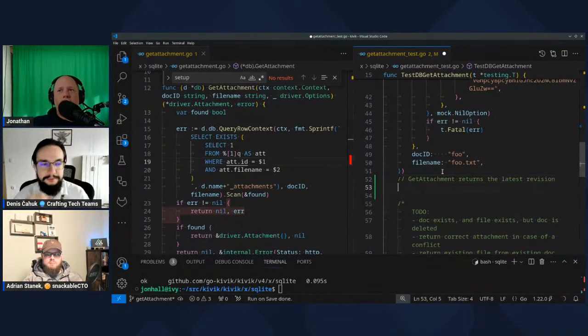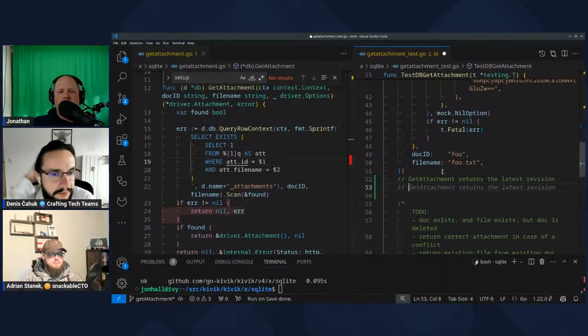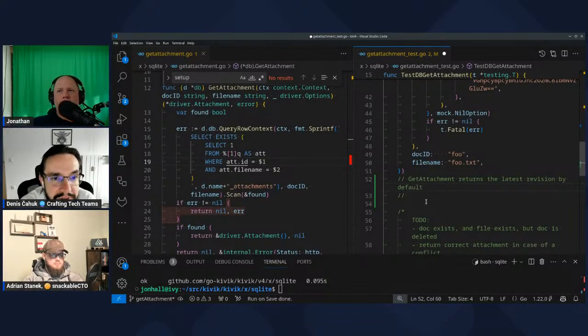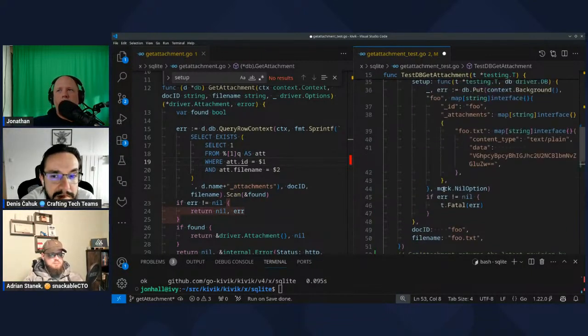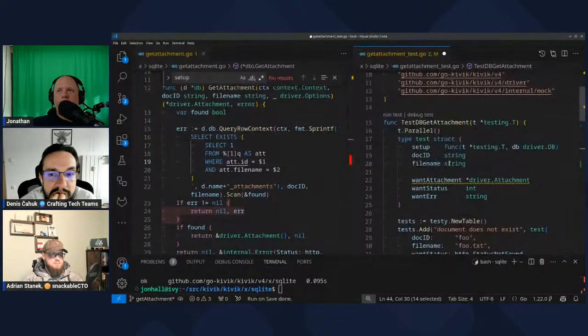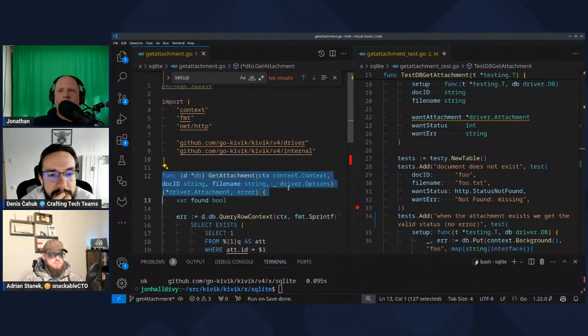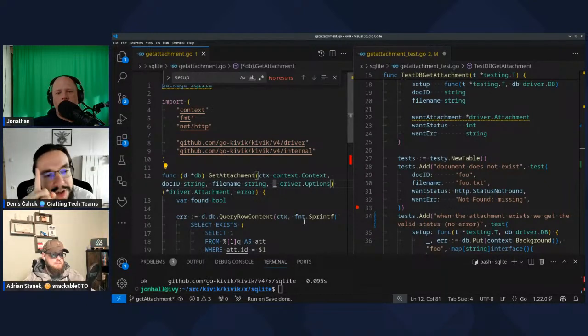It doesn't always return the latest revision, but by default it returns the latest revision. Is that what you mean? No, actually, that's a good point. It returns the latest revision when no revision is given. Yeah, because we haven't given a revision, right? How do you give a revision inside this function? That's where you use the options, which actually they're not there. It's an underscore because we're not using it yet, but we will. Okay. So what's the happy path? Why would the happy path pass?